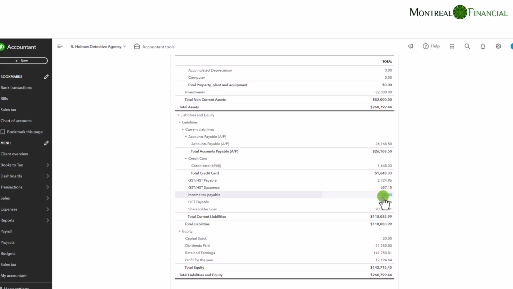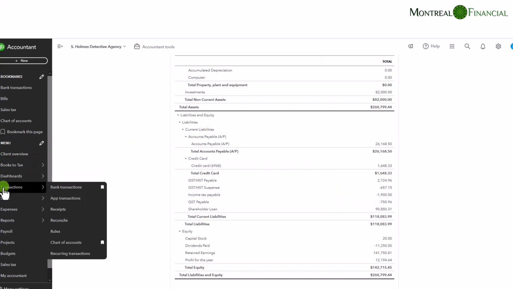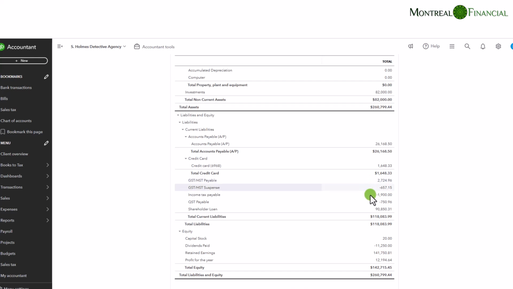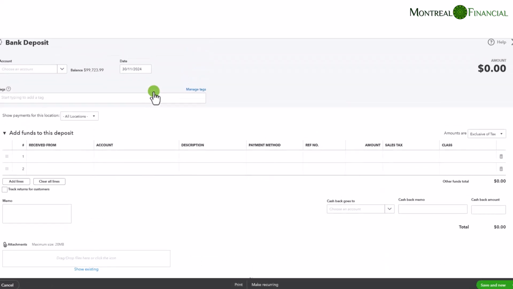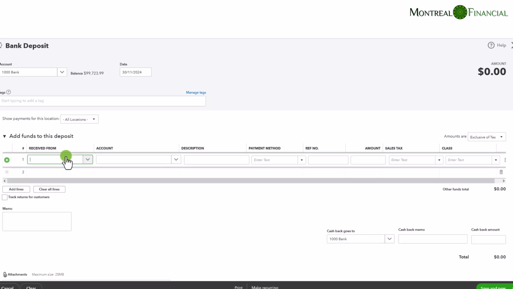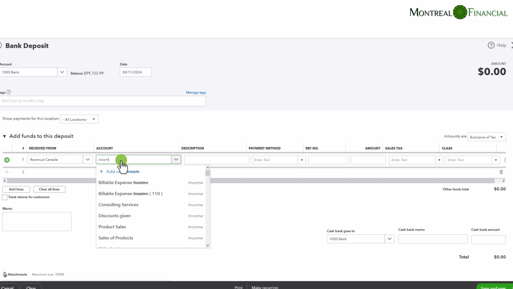If you are going to get a refund, that will likely be deposited in your bank account, and you would simply choose the income tax payable account from the drop down from the bank transaction download. If you're not using bank transactions, you can simply go here. You can select bank deposit and put income tax payable. We're going to choose Revenue Canada, income tax payable,